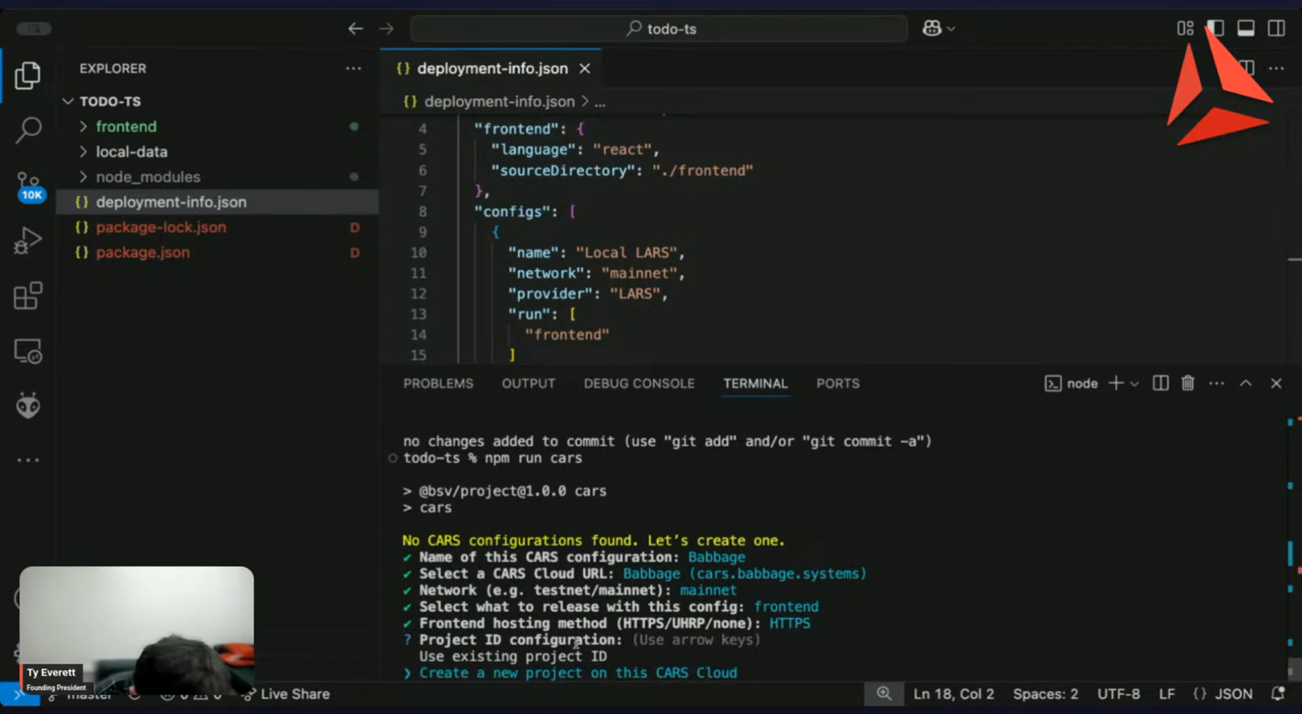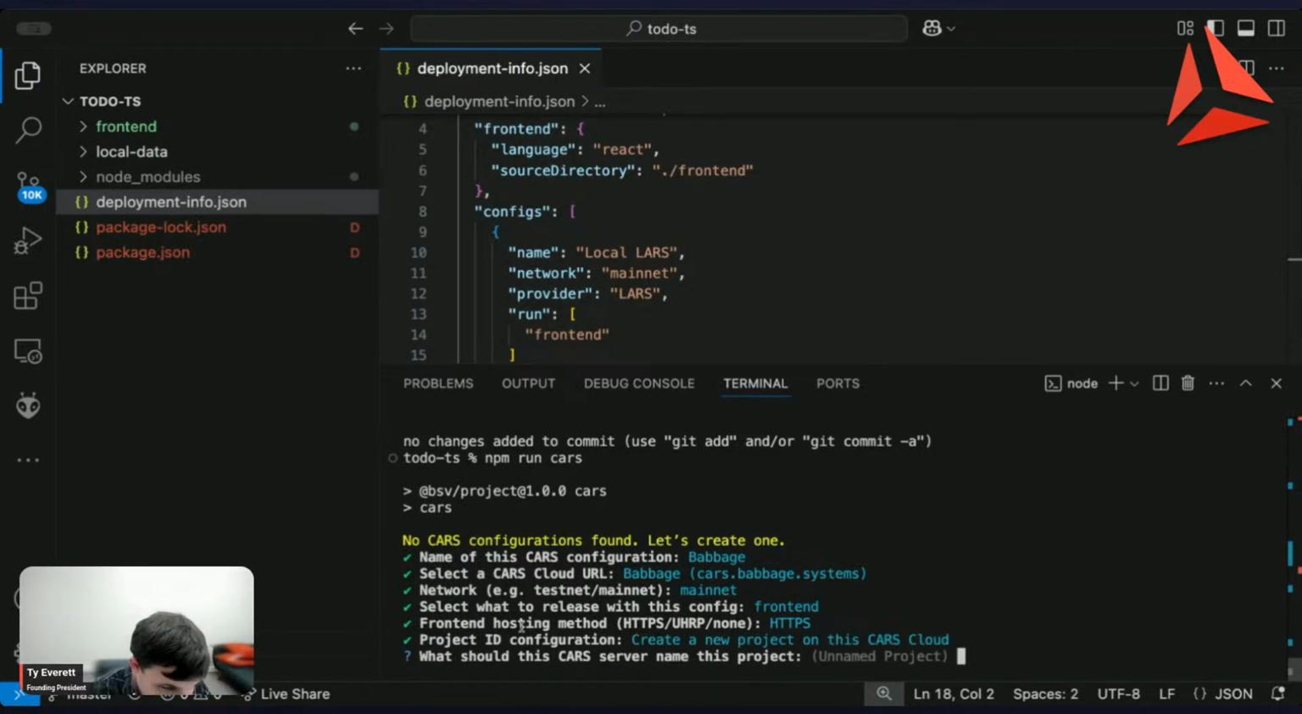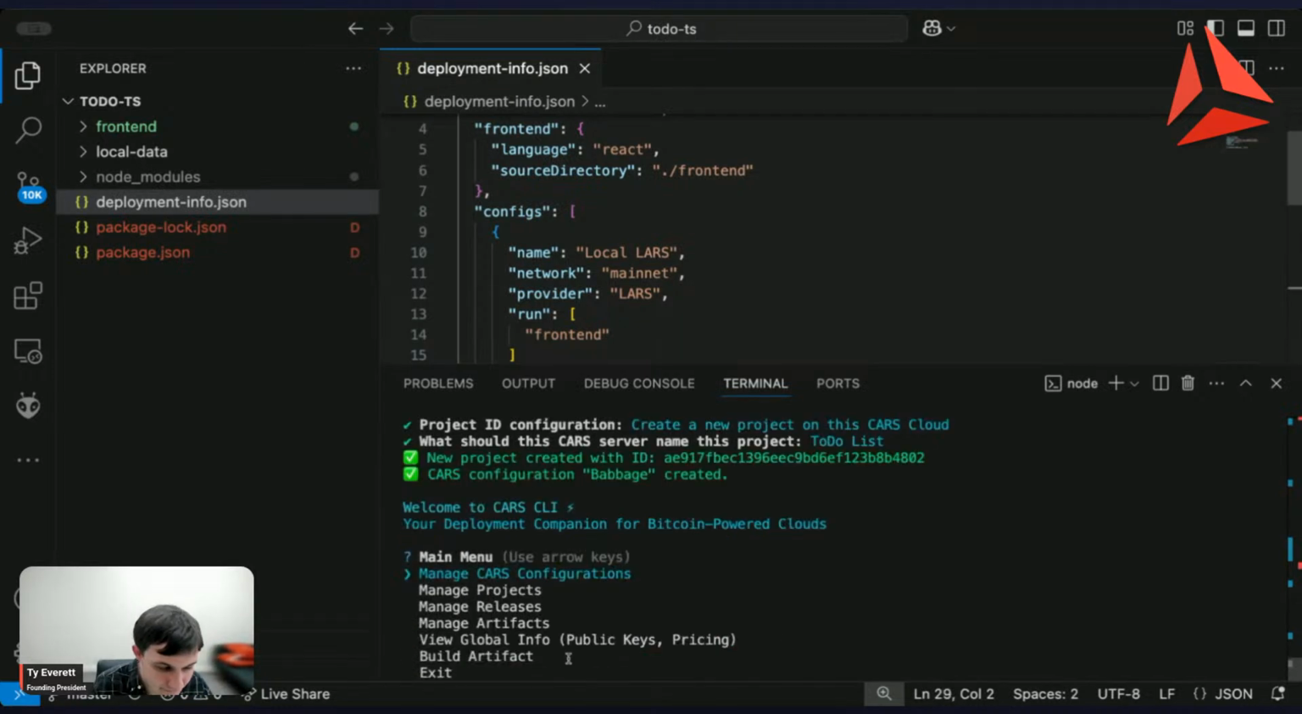And then we'll create a new project ID. This is where you need to have the MetaNet client running, the new one. So it's going to say, what should we call this project? We'll just call it to-do list. And the project ID should be created. That will happen if you have a MetaNet client running. Then you can go ahead and